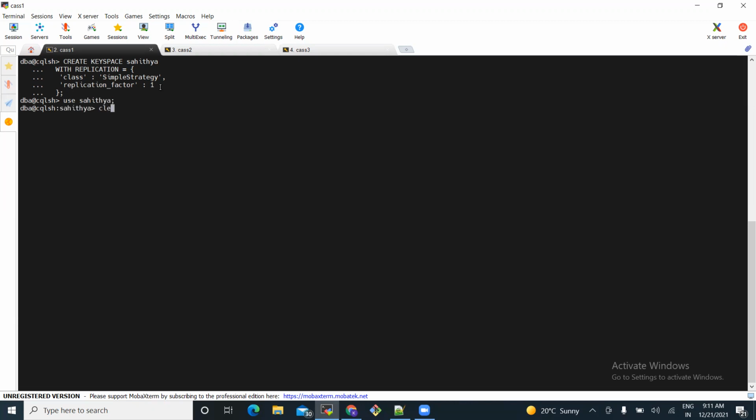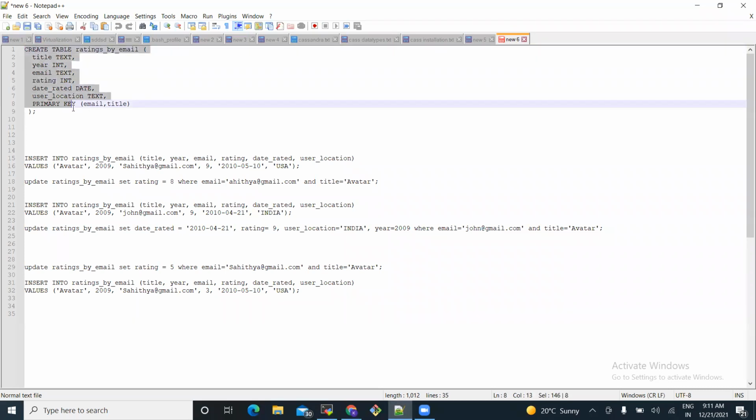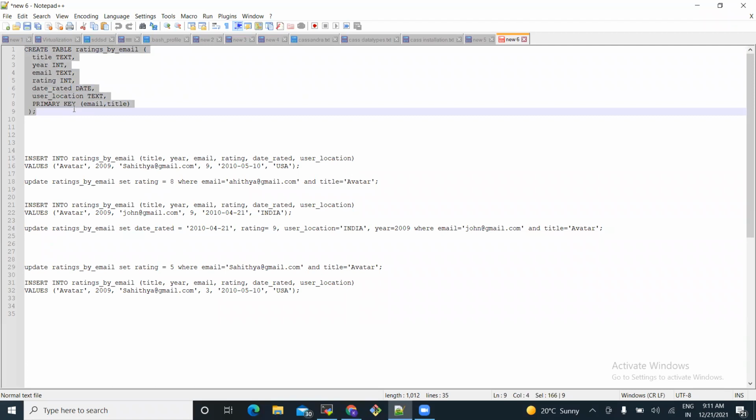Let's clear the screen so that everything will be clear. For doing inserts and updates, there should be a table in our keyspace. So firstly, let's create a table named ratings by user. This is the table I'm going to create because we have to perform insert and update operations on this table.